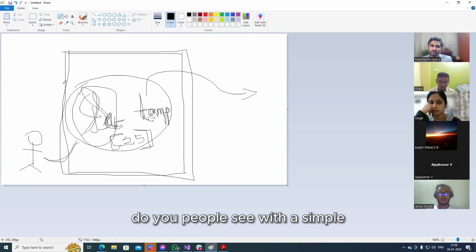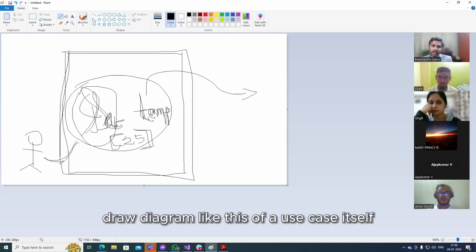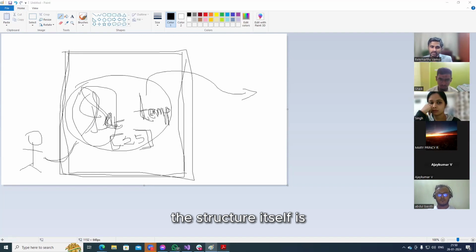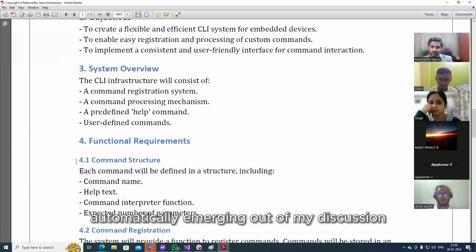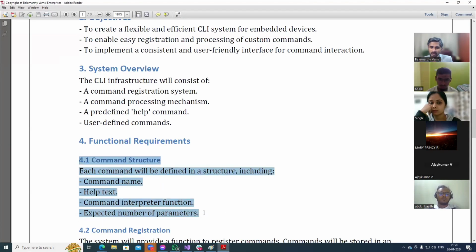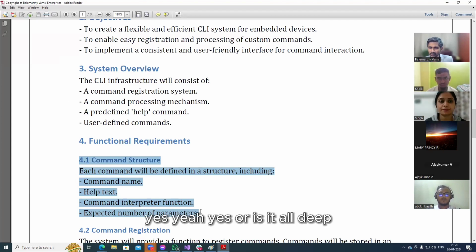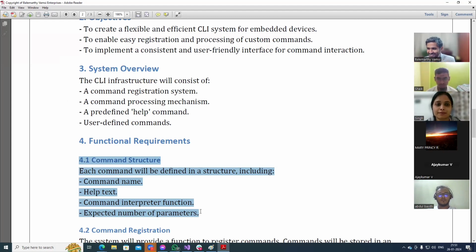Do you see that with a simple diagram like this of a use case, the structure itself is automatically emerging out of my discussion? Making sense or nonsense? Is it deep? It's really deep.